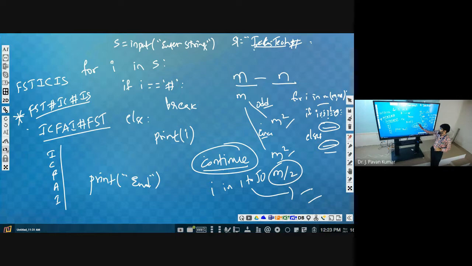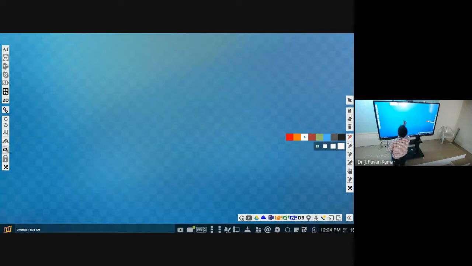Okay, this is the statement. Like break inside a loop, we can use continue to terminate the current iteration, not the entire loop. If you give break, the entire loop will be terminated. But if you give continue, whatever statements are prior to this continue will be executed. After the continue, whatever statements are under the loop will be skipped for the current iteration. Keep that in mind.